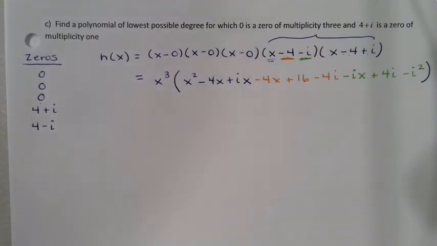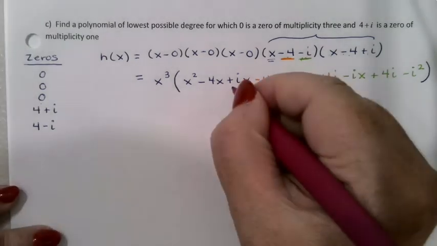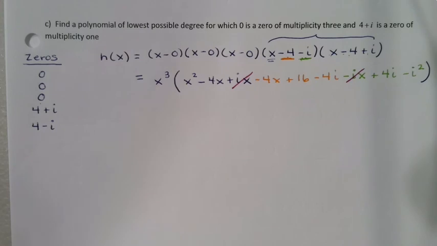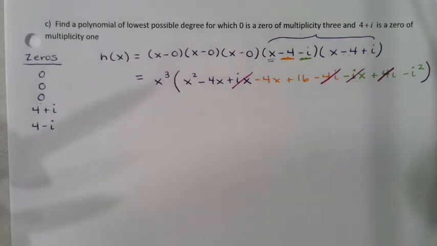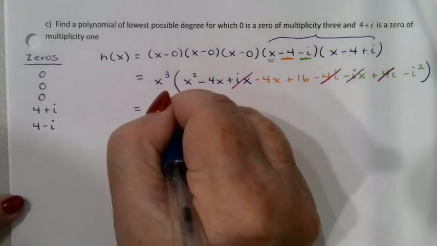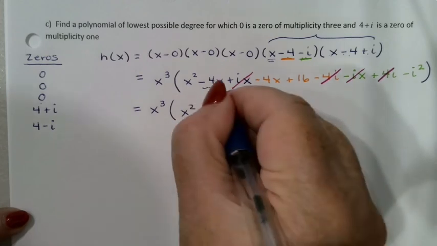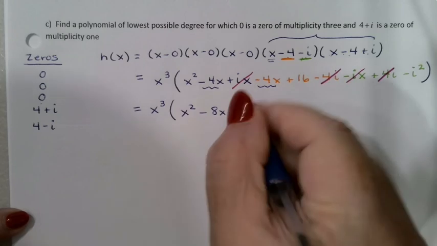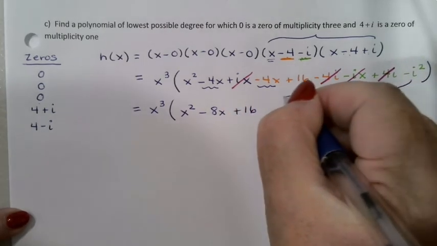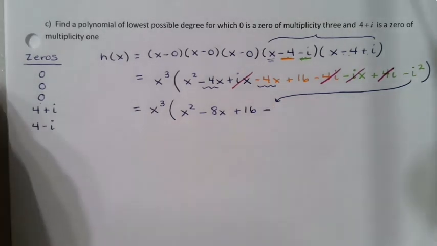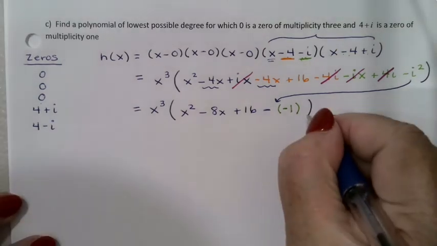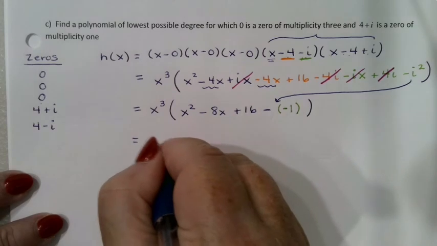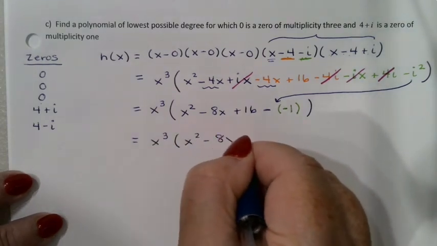All right, before I do anything else, I believe some of these terms add up to 0, so let's get rid of those right away. I have a positive ix and a negative ix. And I also have a negative 4i and a positive 4i. So that simplifies things quite a bit. So let's see, I've got x squared. I've got a negative 8x. Got my plus 16. And then I've got that minus i squared. And remember that that i squared can be replaced and must be replaced with a negative 1. So that's really x squared minus 8x plus 17